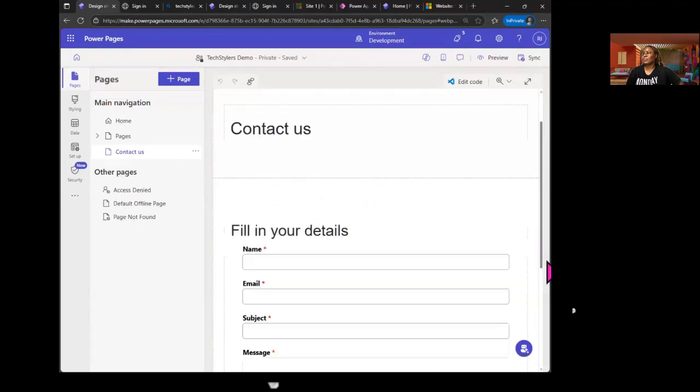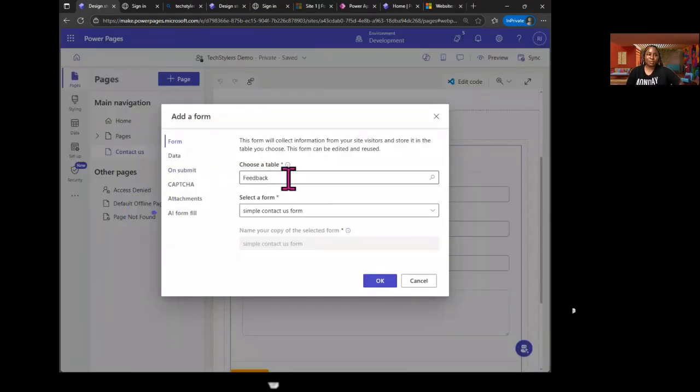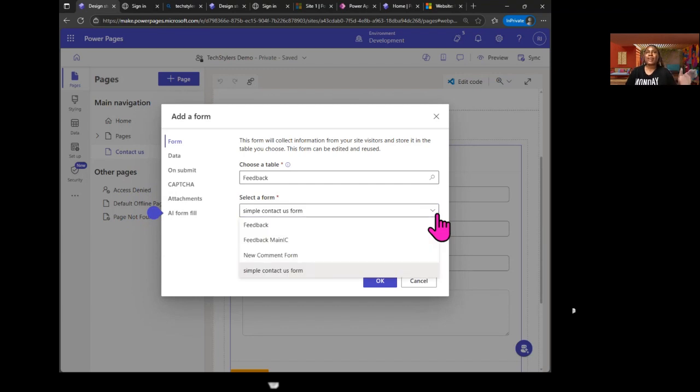So in this particular place, if I click on it, it's a form. In the contact us screen, it's a form. If I click on edit form, you can see it's a table. It's a table called feedback. Okay, this table is called feedback, and it's using a form. So in Microsoft Dataverse, when you create a table, you are able to create a form, you're able to create